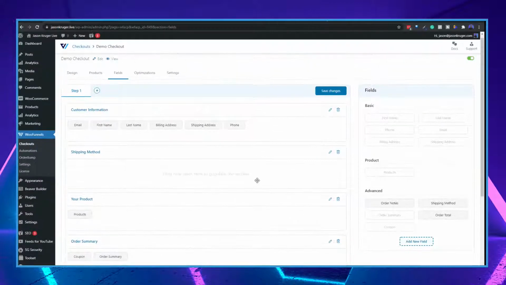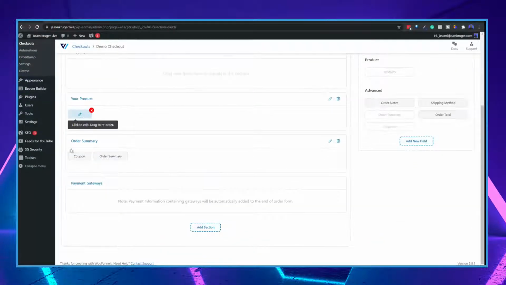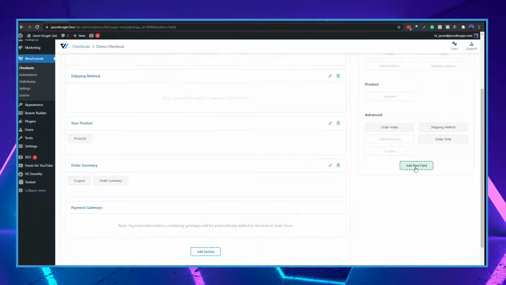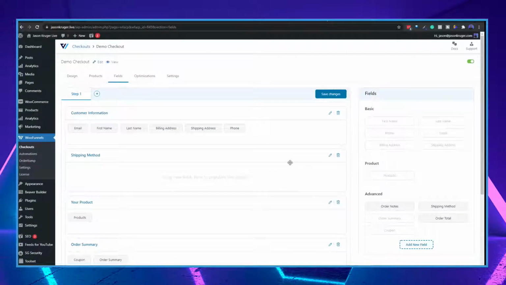Now, if I wanted to have other fields on here that are not listed, I can go in here and add a new field myself and customize that, so that if I wanted to add more information to it, or I needed them to do a checkbox to say that they agree to something, I can add that all in here. And once I've done that, I just click on Save Changes,